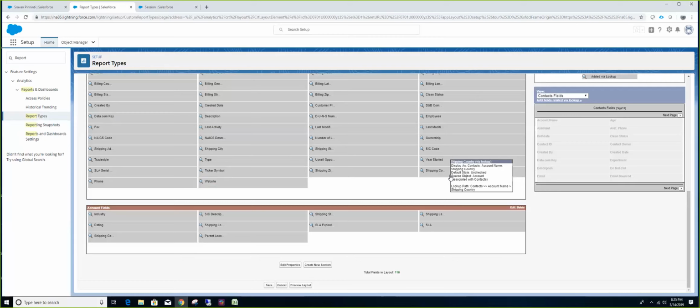Now, every other day, the reporting team or BAs would come and say, hey, I need this field on opportunity, and I ask them what is the need. And the reason that they say is we need to report on it. We need the ability to export the data. So I asked them, hey, why can't you use a custom report type and add fields via lookup? And they say, yes, that's a great idea. We can use it, but we have already built lots of reports that users are already using on the standard report type.